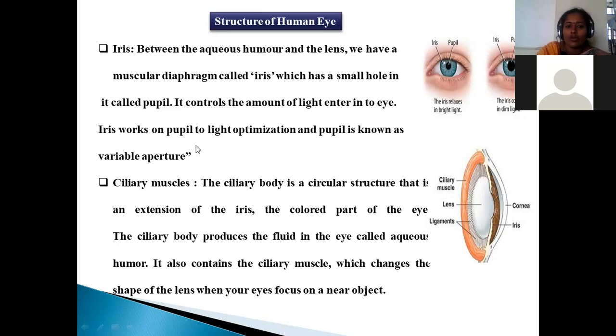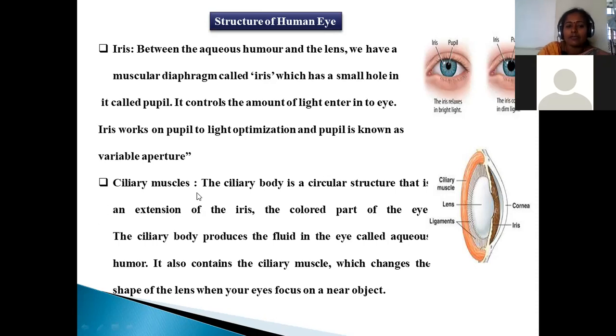It expands and contracts the pupil based on the light intensity. Hence, based on its function, the pupil works like a variable aperture in the presence of the iris. The iris expands and compresses the pupil based on the intensity of light. If the intensity of light is low, it will be contracted. If it is more, it will be expanded. That is the purpose of the iris. The bright colored part surrounding the pupil is known as the iris.